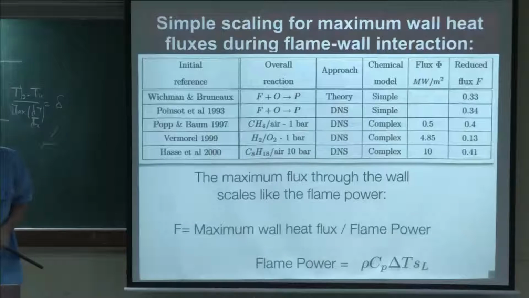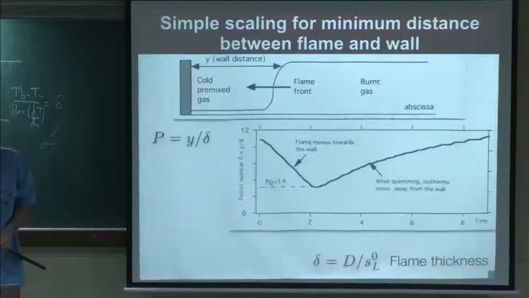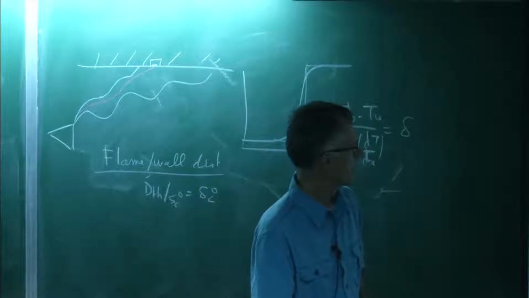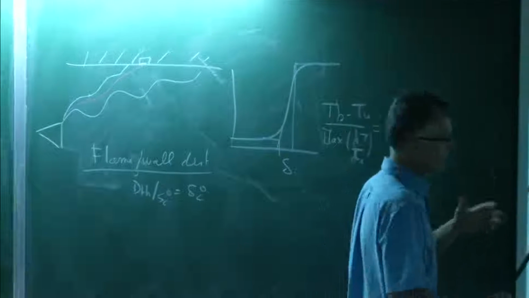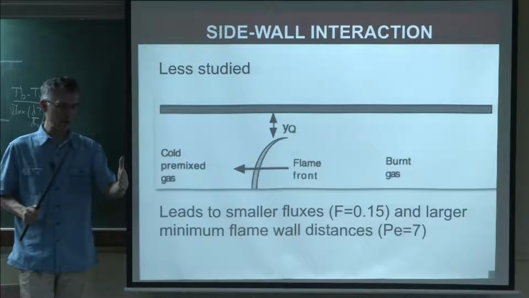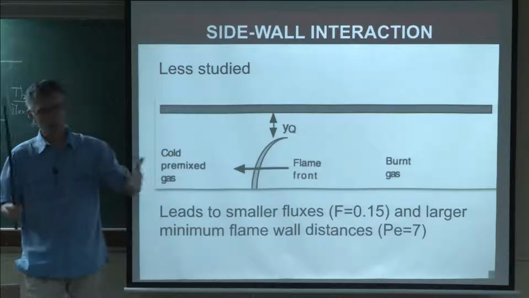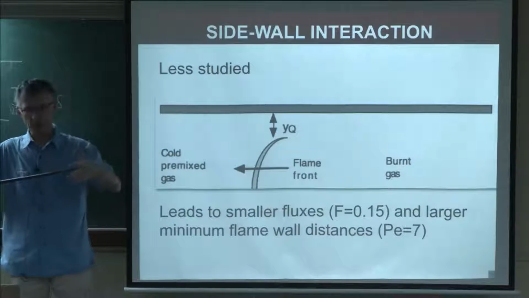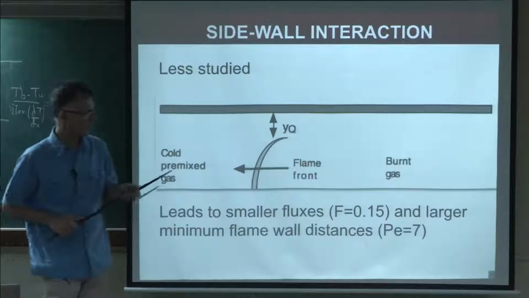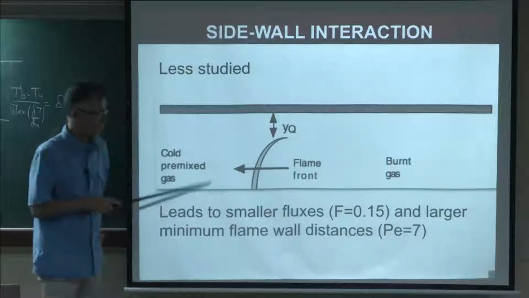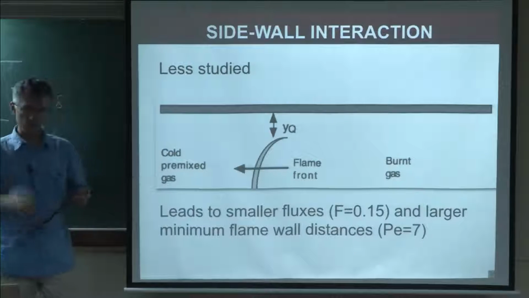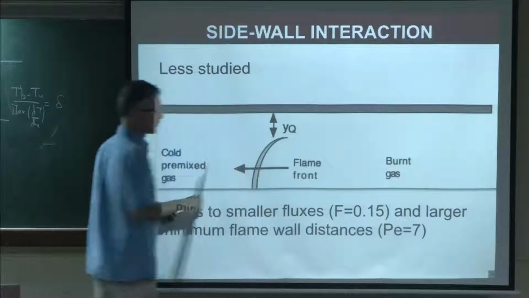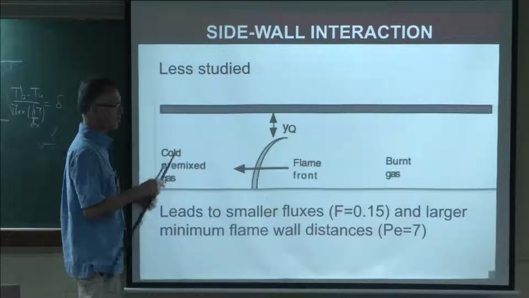Okay, so let me move ahead now to the next topic, which is sidewall quenching. Sidewall quenching is more difficult to study. Head-on quenching, you just send a flame on the wall, simple. In an experiment, you can do that easily. Sidewall quenching requires much more sophisticated tools. Here, the flame is propagating in this direction, and the wall is here. But this is the prototype problem of every flame oscillating near a wall, so that will be the case in a rocket, in an engine or in a gas turbine.